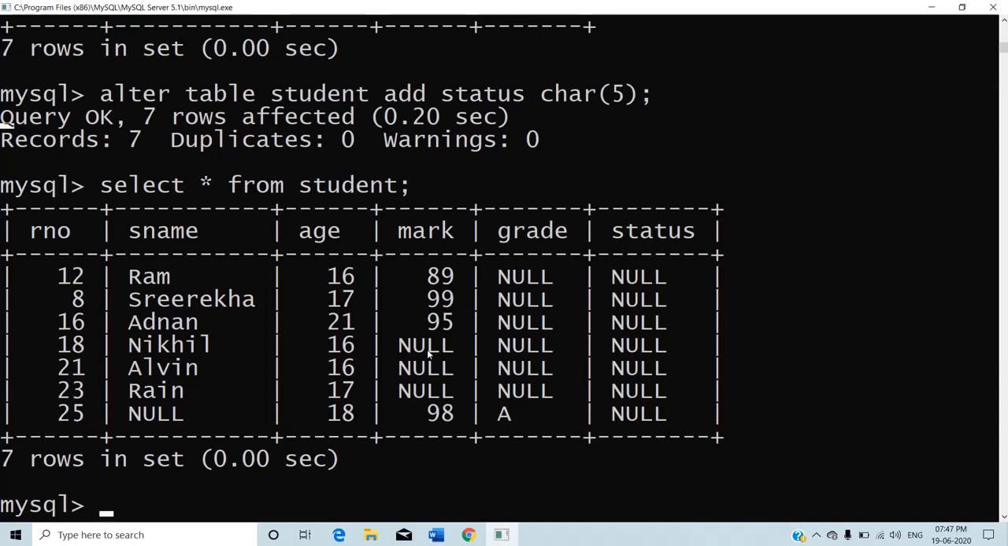Next I am going to use our update query. Update student set grade equal to A plus, comma, there is no and over there. There is a common mistake coming over there in a board paper. It is comma, grade equal to A plus, then status equal to, it is a string, so it must be in double quotes, pass,